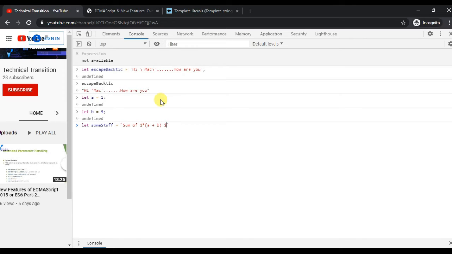Just put a dollar symbol and curly braces and put your expression inside this. You will get your answer. See, what is the answer? Sum of 2 multiplied by a plus b equal to 20. So you can use any expression in a string literal or template literal.